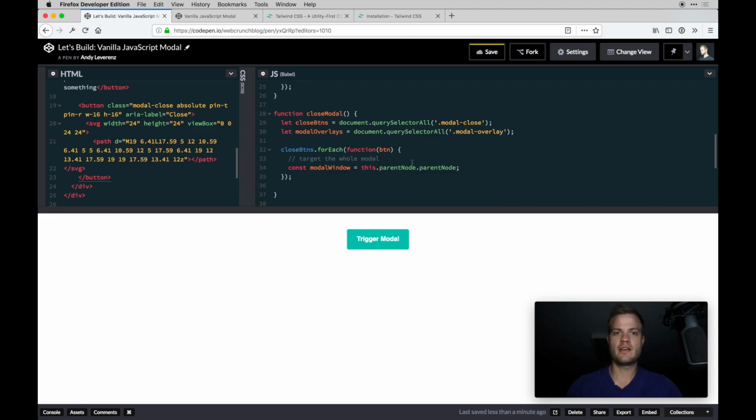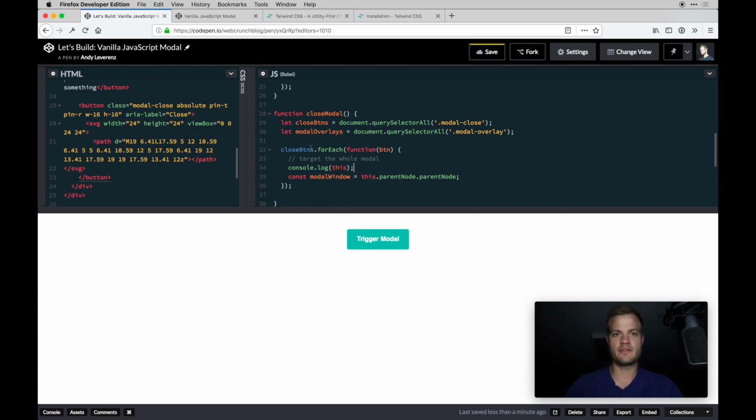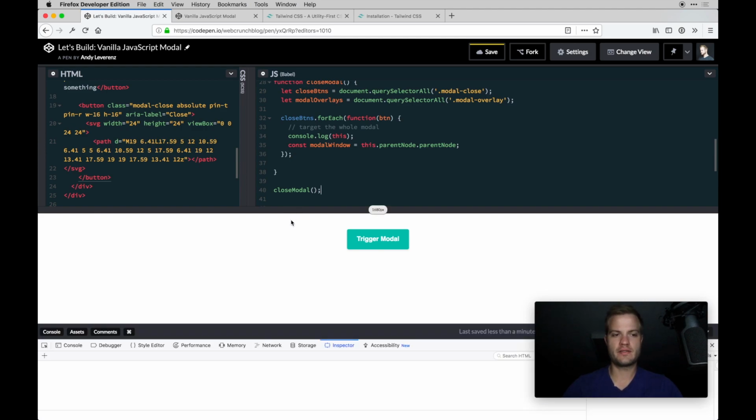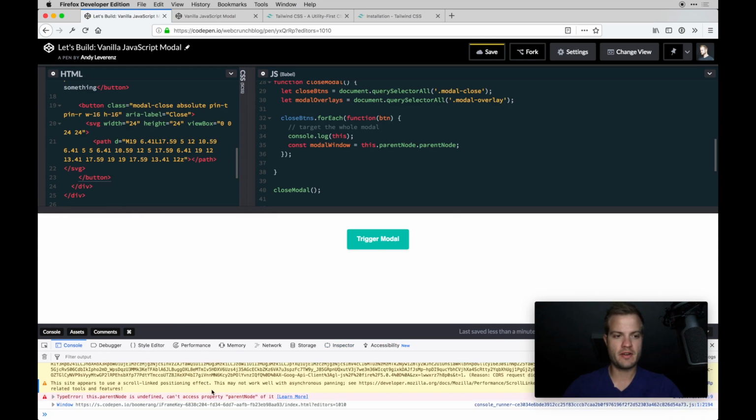So a way to do that is first passing, basically console.log is your friend at this point. So if we do console.log, and we'll say this, in this case this refers to the button in mention. So first we have to remember to fire the function or call it. So I'll do that, and then in our console, option command I on a Mac if you're not 100% familiar. We've got this undefined command. I think I might have spelled